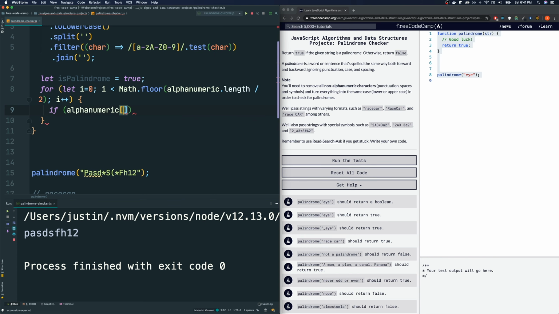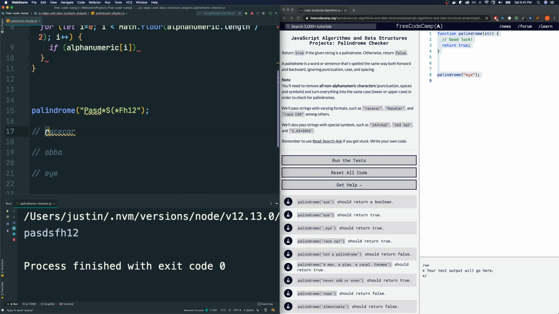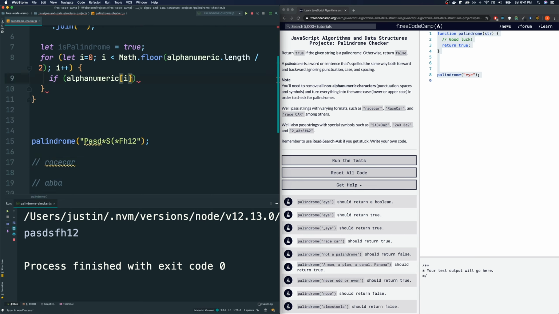Alphanumeric at index I, that will give you the beginning one. And as we go up the loop, you will start giving the next one, the next one, next one, and so on. If this is not equal to,